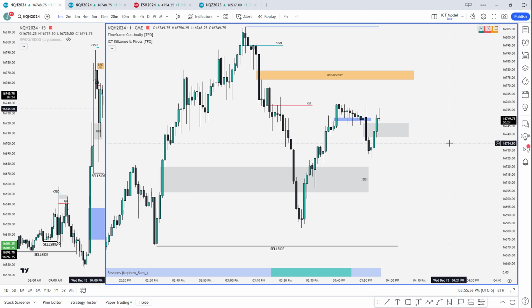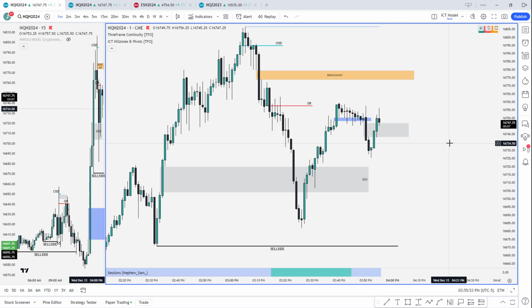Wait, that wasn't a clear short when it shorted, and a clear long when it reversed. It bounced off that previous order block, never disrespected, equals short. That's true. I mean, I like to use